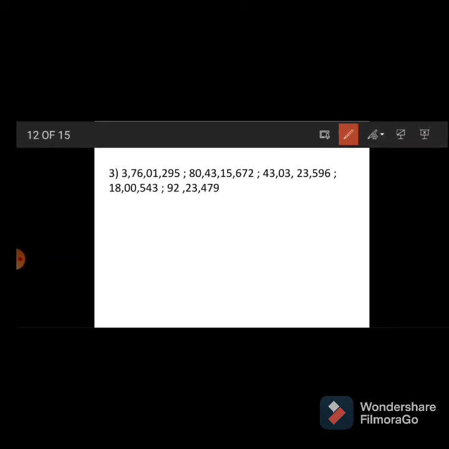First rule, check number of digits. Here check 1 2 3 4 5 6 7 8 digit. Here 1 2 3 4 5 6 7 8 9 digit. Here 1 2 3 4 5 6 7 8 9, and be careful about the semicolon. Yes, otherwise numbers you will jumbled and answer will get wrong. Then see here 1 2 3 4 5 6 7. Here 1 2 3 4 5 6 7. Then see now 7 digit 2 numbers are there, then 8 digit, and then 2 numbers are 9 digit.